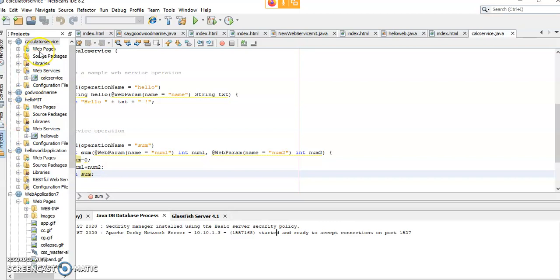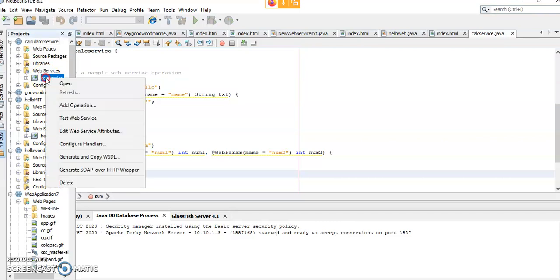we click on the web service directory, that is CalService. Right click on that and click on Test Web Service. But once it is deployed to the GlassFish server, then this step works.